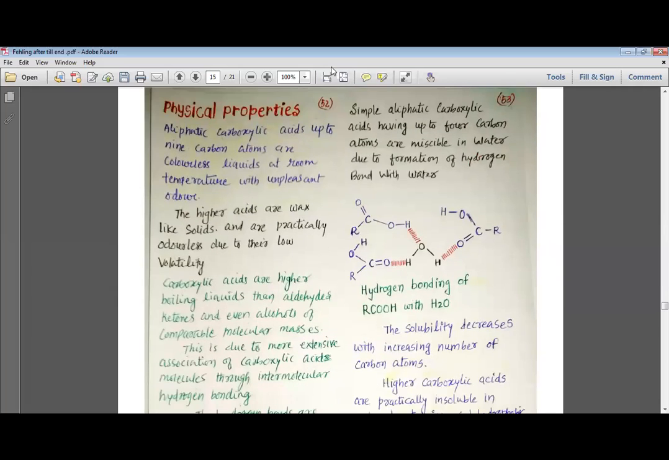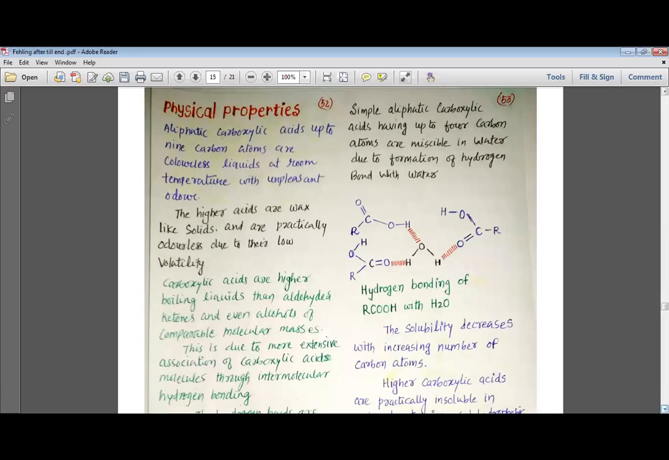We have studied about the physical properties of these compounds, my dear students. We have seen that carboxylic acid forms very strong hydrogen bonding, and as they can form strong hydrogen bonding among themselves, they have very high boiling and melting point as compared to even the alcohols, phenols, aldehydes, ketones, and the hydrocarbons. They can even form hydrogen bonding with the water, and thus they are very much soluble in water. We have even studied, my dear students, that